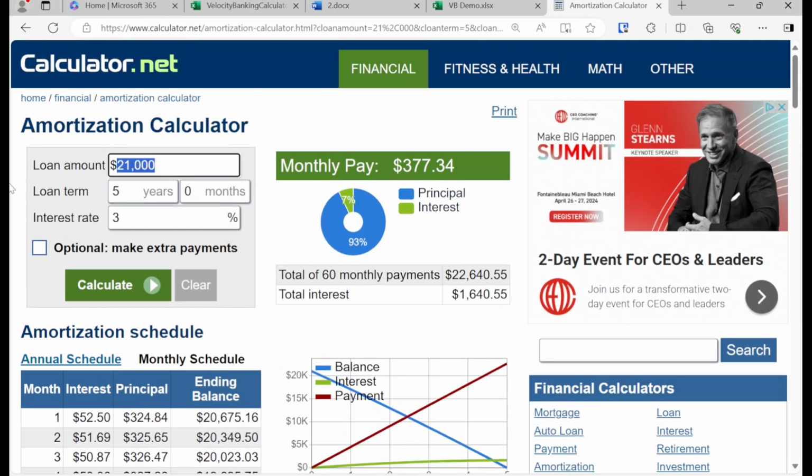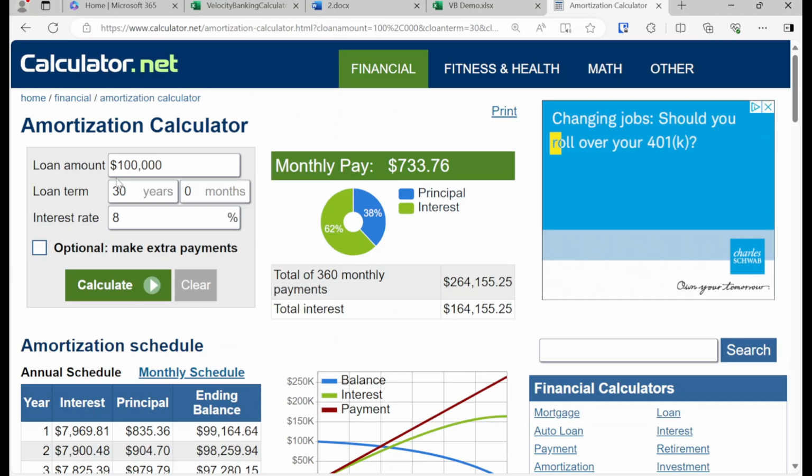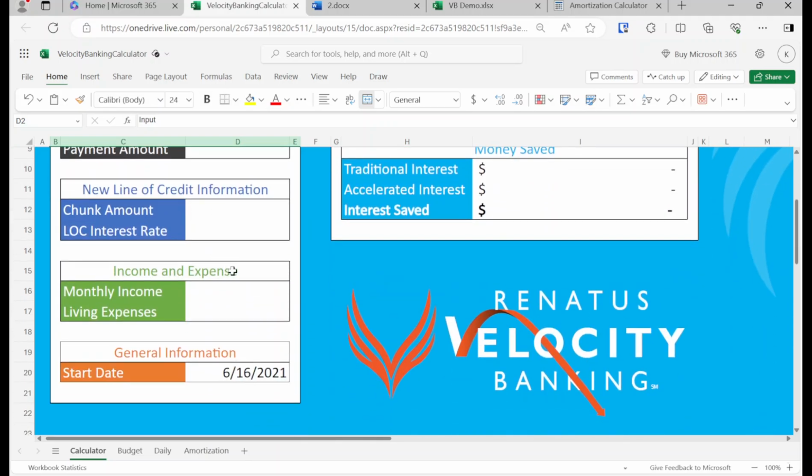So if I have a $100,000 30-year loan at 8%, let's see how much interest I pay. Yeah, 164%, right? So luckily we have this Velocity Banking calculator by Renatus, I'm sorry, I can't even pronounce anything,